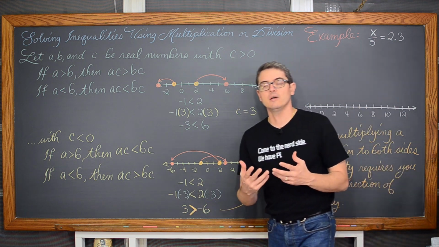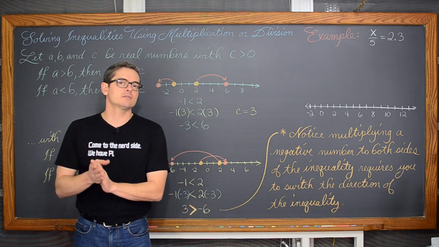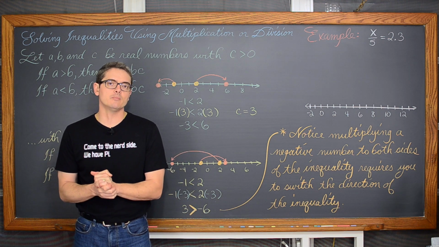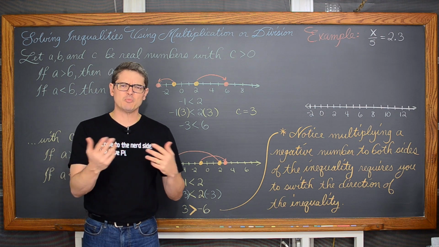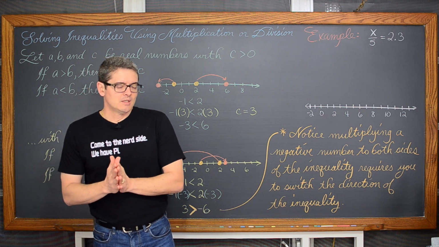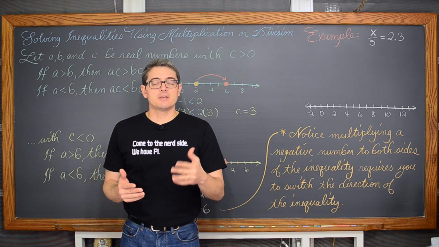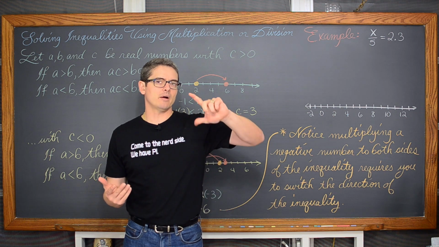So when you're solving inequalities, when you multiply or divide both sides of the inequality by a negative number, you are going to change the direction of that sign. And we say multiplication and division like it's two separate things, but dividing by 2, like 10 divided by 2 is 5, well, I could multiply by 1/2.